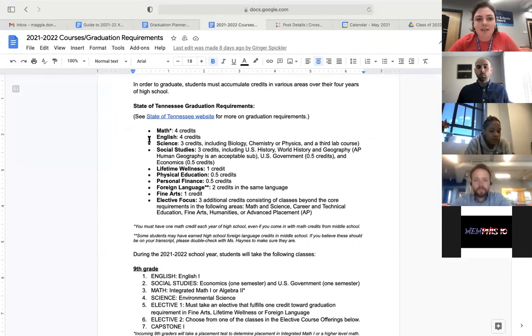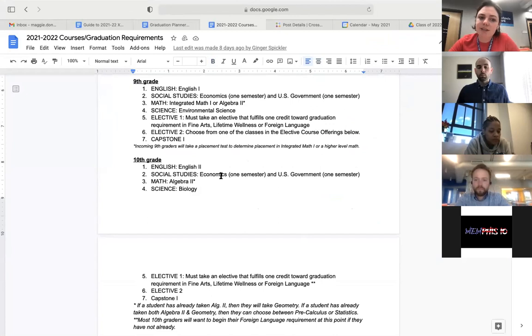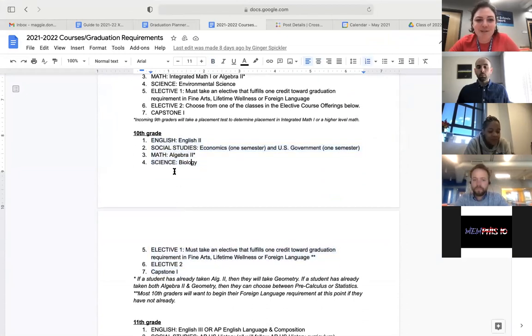So course requirements, again, here are the Tennessee State high school graduation requirements. Then you will go down to 10th grade, because you guys are going to be 10th graders in, what is that, like 3 weeks now? So you'll go down to 10th grade and you will see this is what you have to take here. So you'll have 7 periods. Miss Sasha has already said this to you guys. It'll be English, social studies, a math class, science, 2 electives, and your capstone, which is what Mr. Dixon was talking to you guys about.